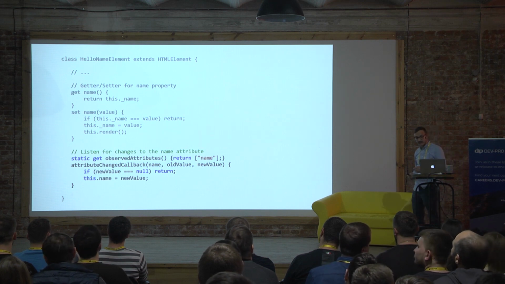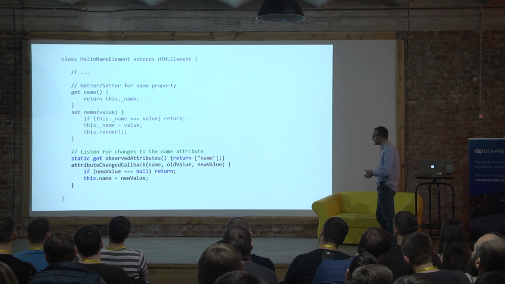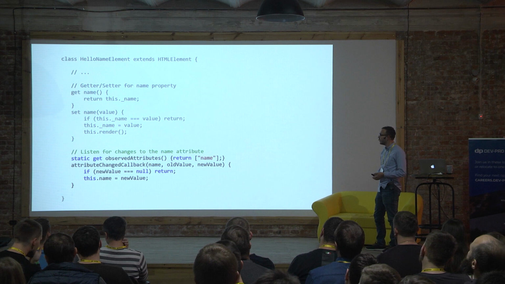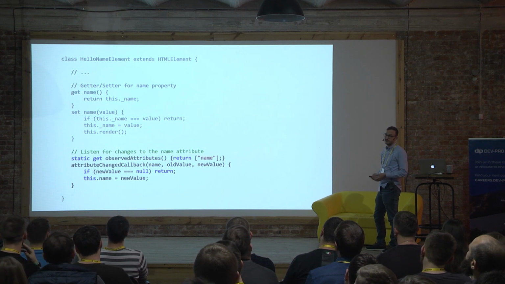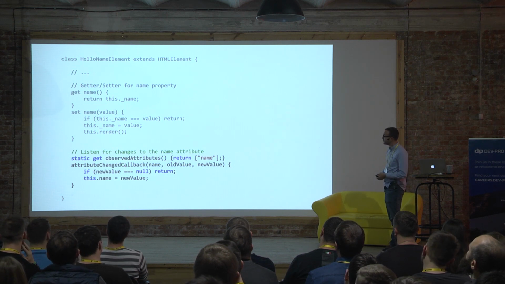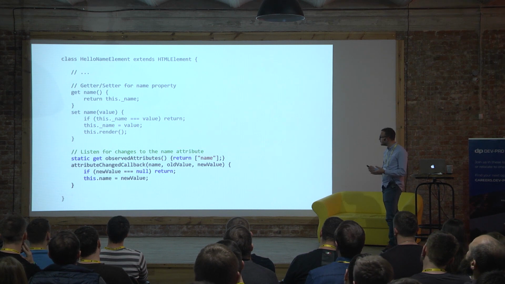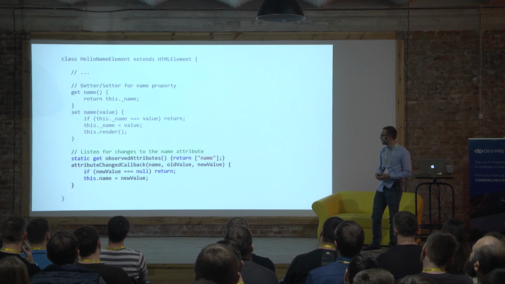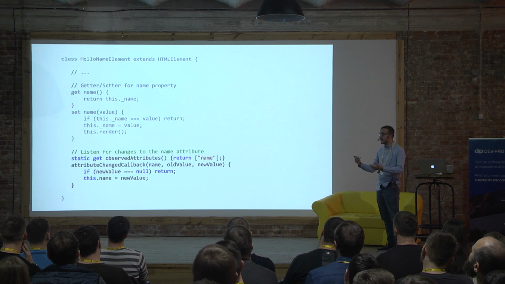So we can also listen for attribute changes, and by attributes I mean DOM attributes, like the disabled attribute on a button or the value attribute on an input element. So here I'm just listening for any changes to the name attribute on this custom element, and it's just another way to be able to get data into the component, another way of specifying a new name to be rendered